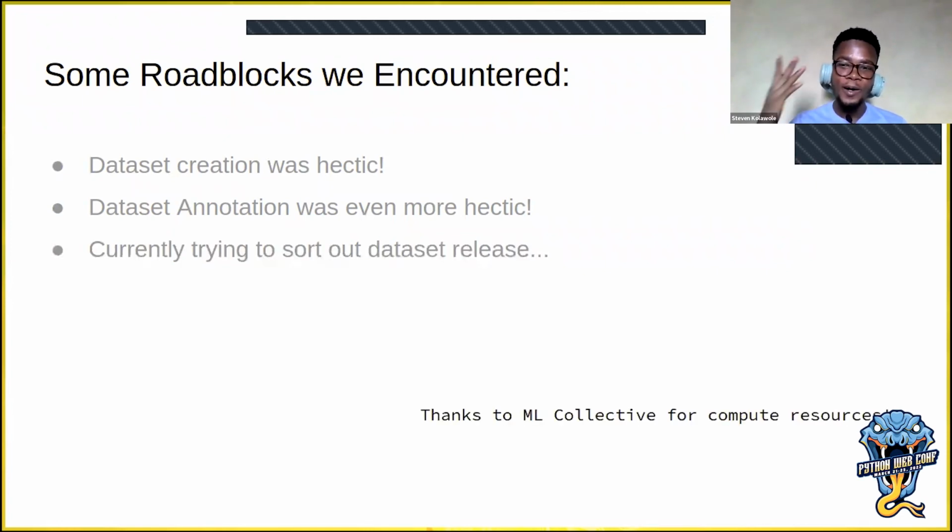All right. So I'm using this medium to say thank you to ML Collective for the computational resources. Initially, I was training on Google Colab. If you're familiar with Google Colab, then you know that there is a cap on the amount of GPU or TPU that you can use, and also it's an interactive development environment. So you cannot leave your model training and go on to something else. You have to stay right there.